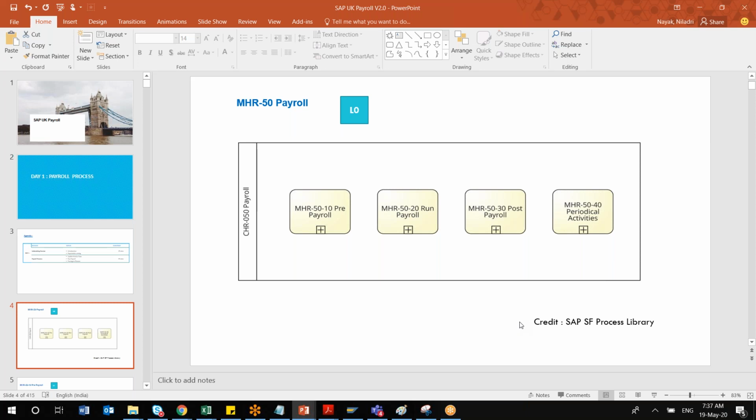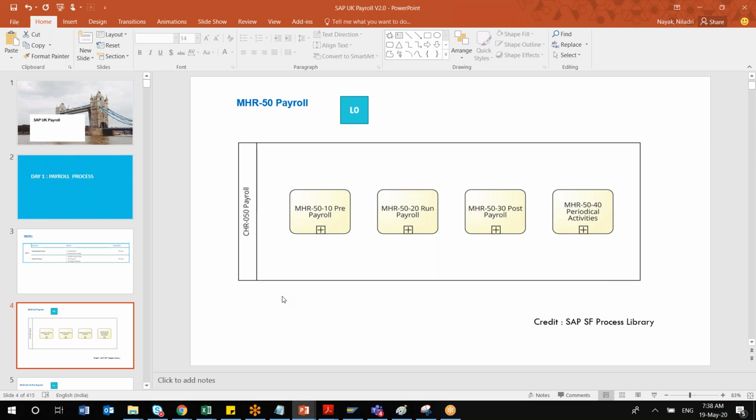So what happens in that case? Every quarter we have a TDS, tax deduction at source, which is submitted to the different department. And every month we have PF and other insurance-related things. Your HR administrator or payroll administrator has to comply with those requirements. Similarly, UK payroll also has some specific periodic activities. At year end, they have to submit reports and statutory documents to the government and the tax authorities. That comes under your periodical activities.